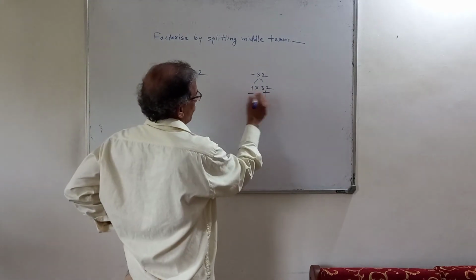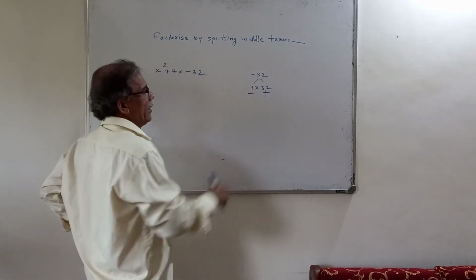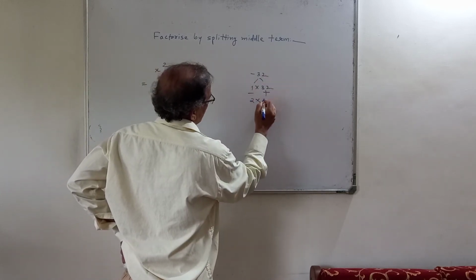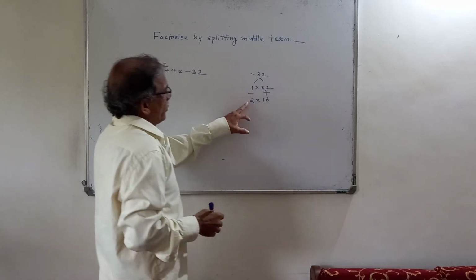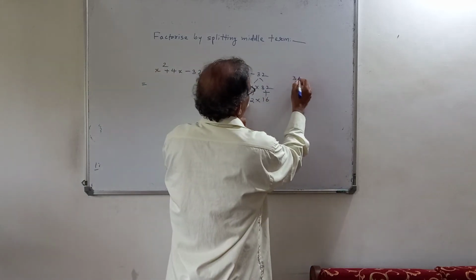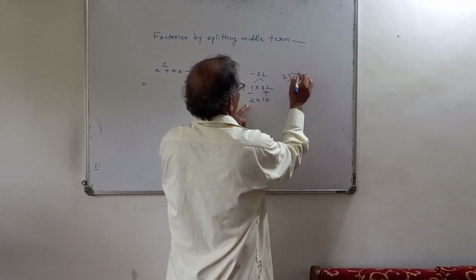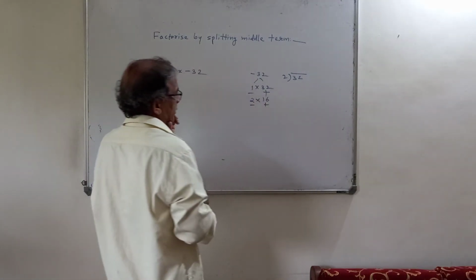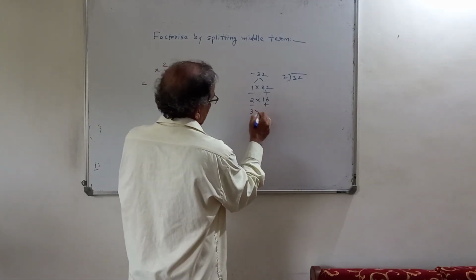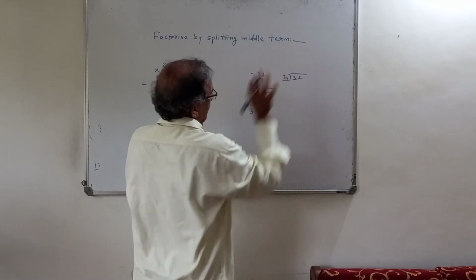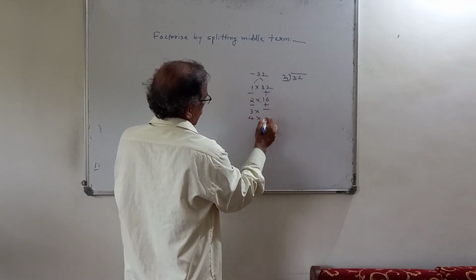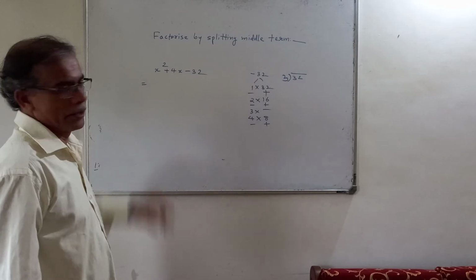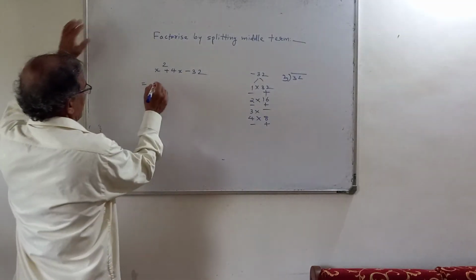Multiplication is minus, so 1 plus, the second will be minus. So 32 minus 1, it is not plus 4. 2 into how much? 32, 16. If you don't know the table, what you have to do? If you want a pair of 2, 32 divided by 2, whatever answer comes, you write here. Then this is plus, minus. Difference is not plus 4. 3 will not divide 32, so no pair. 4 into 8. This is plus, smaller minus, 8 minus 4, plus 4. So we have to take this pair.